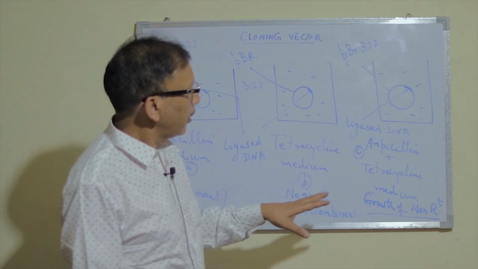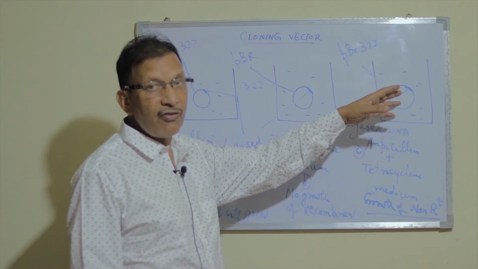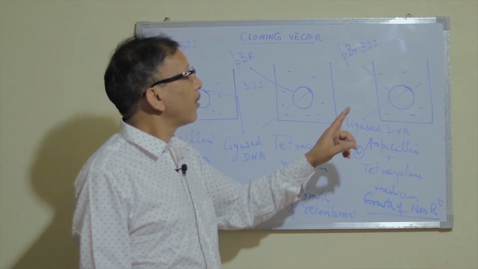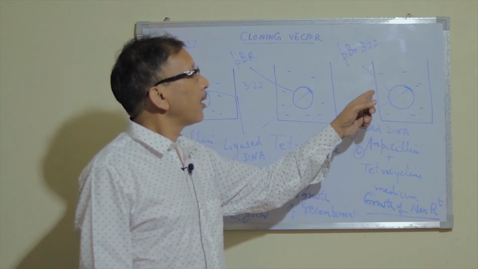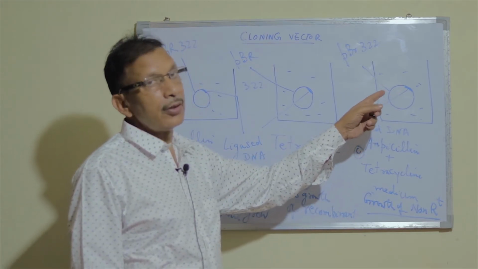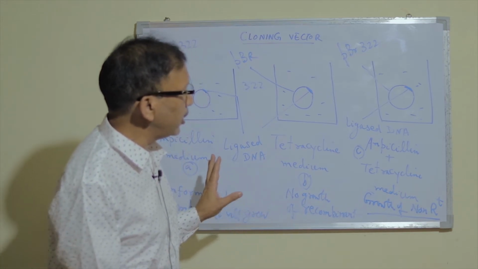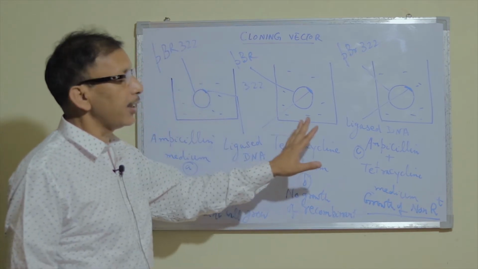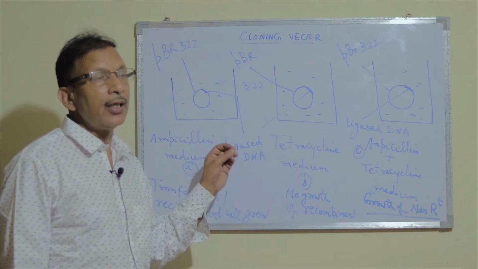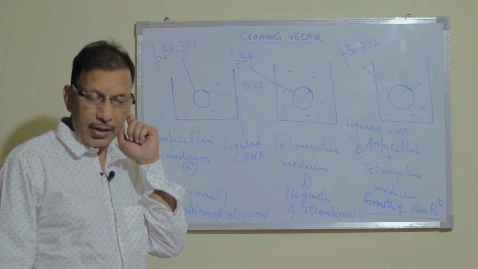So growth of the non-recombinant means there is something wrong here, and we have to purify our ligase DNA. Then only we can incorporate the vector into the host for replication, right? But this method requires simultaneous plating, and it requires very quick time. So that's why this method is not in use nowadays, and we have to use the alternative methods.